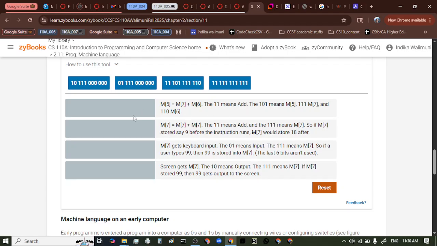What's the answer? Third one. This one. Okay. So basically, we are adding. So let's add right over here, right? And then an M7 and M6. Right. So these two values, and M6 is this. Okay. All right. So let's jump to